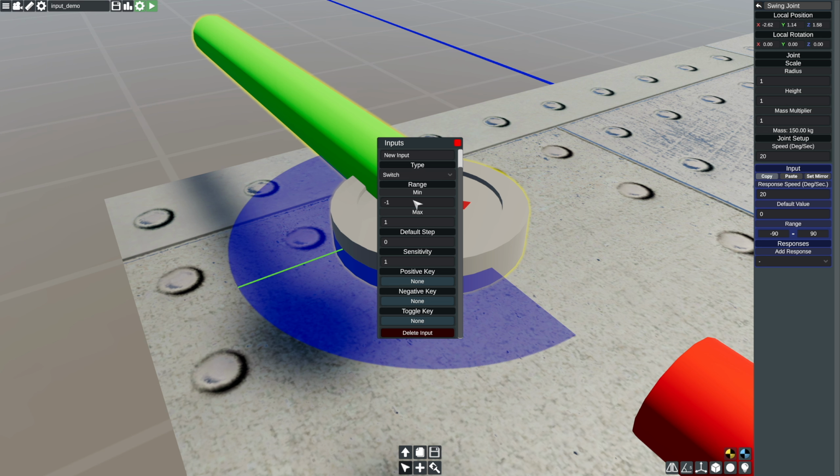The first custom input type we will look at is the switch. A switch has 2 states, on and off. When the switch is on, its output will be the maximum value. When it is off, its output will be its minimum value. The default step can either be 0 or 1, corresponding to whether the switch starts at the off position or